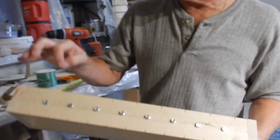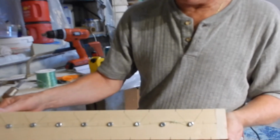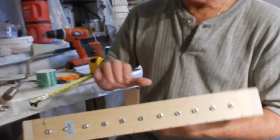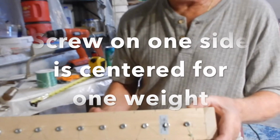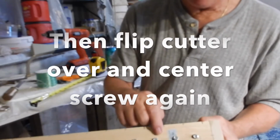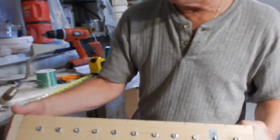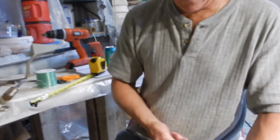That way I know that it's going to be in between each one of the 1 pound marks that I made. Then on this other side, I couldn't do that, the reason being is this side here would then be used for the 3/4 pound. But the key is you have to use one screw in between each one of these 1.5 marks. And by doing that, then when I hook it up to one side, I loop it over and